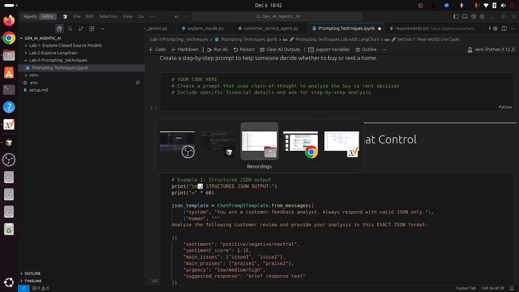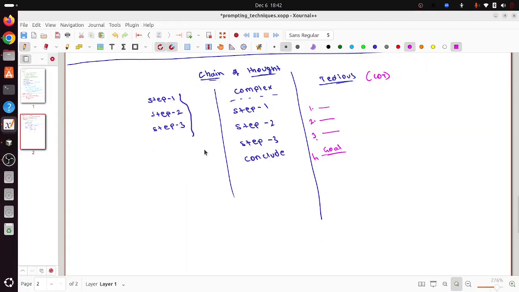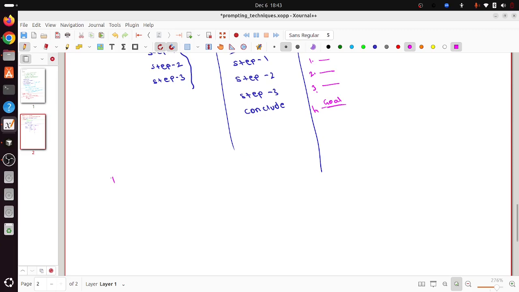You see that LLMs basically return your outputs in different formats. Mainly it is text format, right? You'll get paragraphs, a lot of paragraphs, correct? But there might be some situations. Till now, you have seen LLMs returning strings. Now, there might be a situation where you need the output in a JSON format,